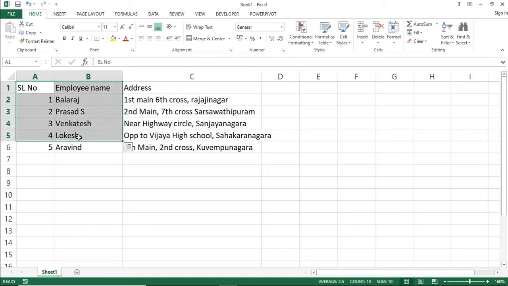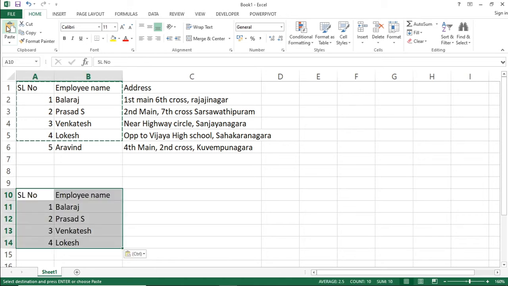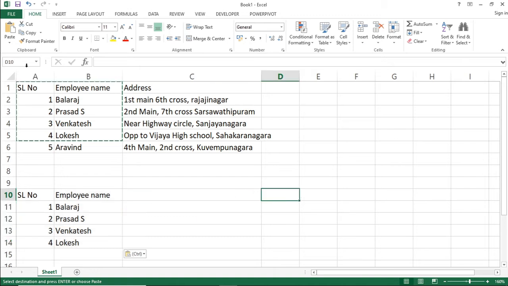So I can copy the cells using the copy command. Once it is copied, you can observe the blinking line, and after that I can place the cursor where I want. So this becomes the active cell, that is A10. Now, if I click on the paste command, the information will be pasted in this location. The blinking is still on, which indicates you can paste the information in another location.